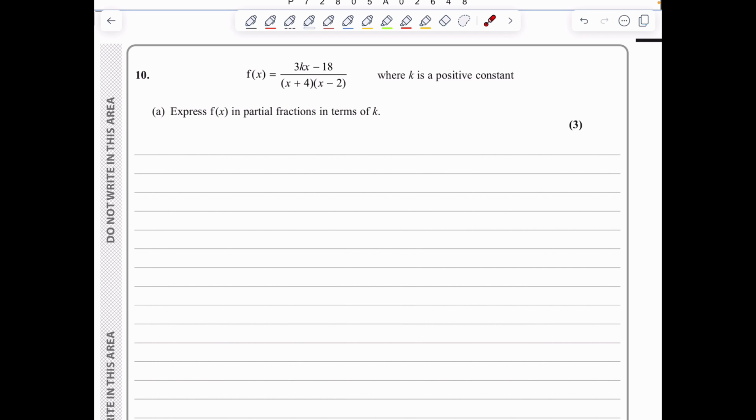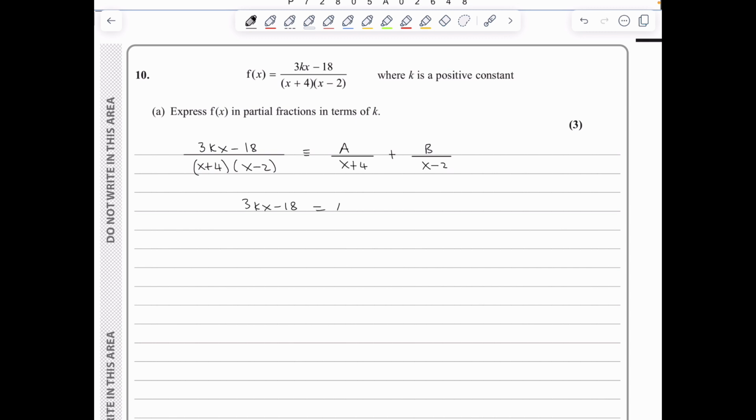In question 10, we are asked to express f of x in partial fractions in terms of k. So we've got 3kx minus 18 over x plus 4 x minus 2. Since the denominator is already factorized into the two linear expressions x plus 4 and x minus 2, we can propose that the partial fraction decomposition will look something like a over x plus 4 plus b over x minus 2. So the LCM of the denominators is x plus 4 x minus 2, which leads to